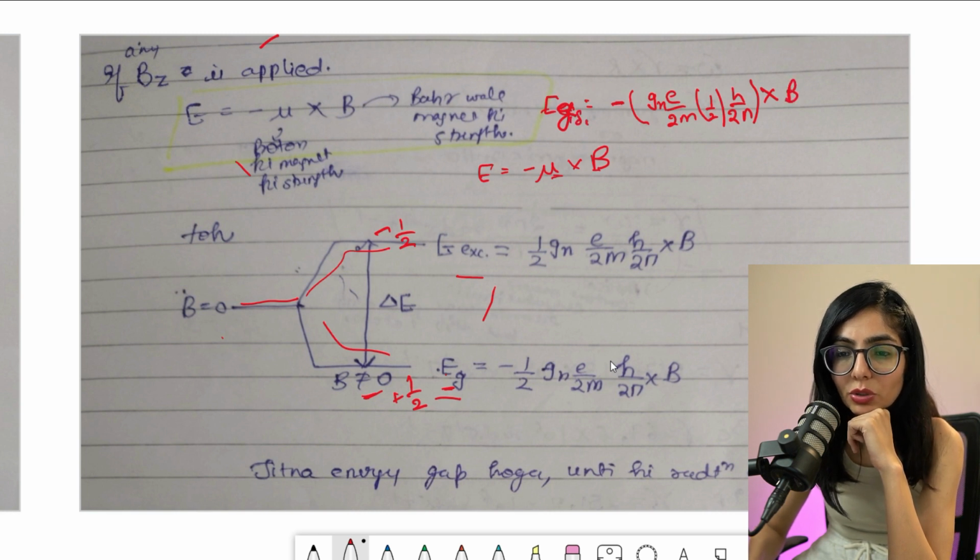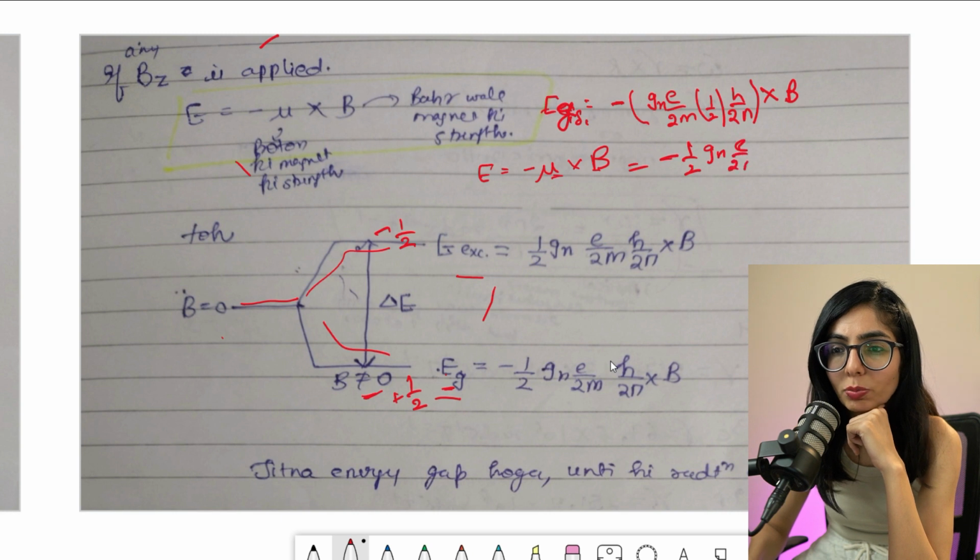So you can write it like this now: minus half Gn e by 2m h by 2 pi into B. Always remember this is plus half, but the energy related to it would be minus half. Same over here, when you put minus in the excited state,